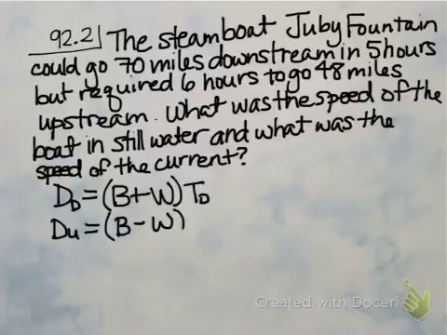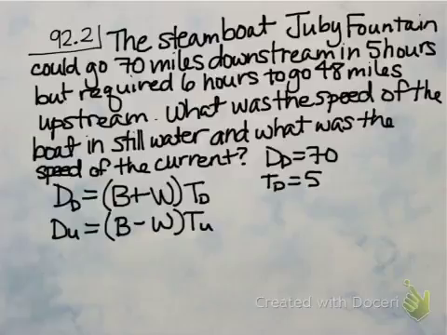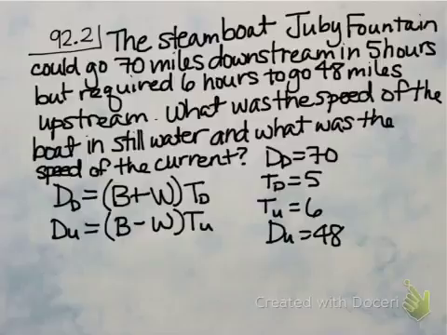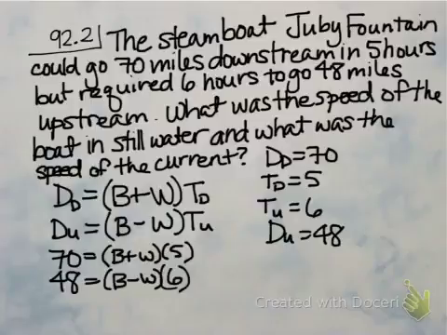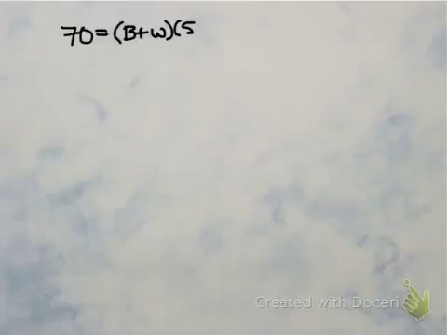The very first thing I always do is write my two equations, and then the distance downstream is 70, and the time downstream is 5. The time upstream is 6, and the distance upstream is 48. And it's left to us to find the boat and the water. So we'll plug those in. 70 equals B plus W times 5, and 48 equals B minus W times 6. Multiply those out,